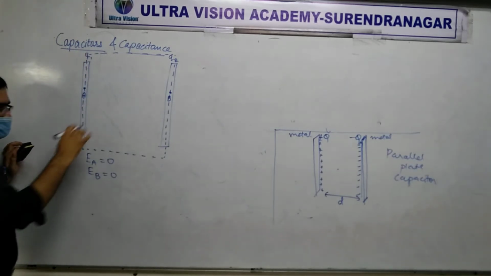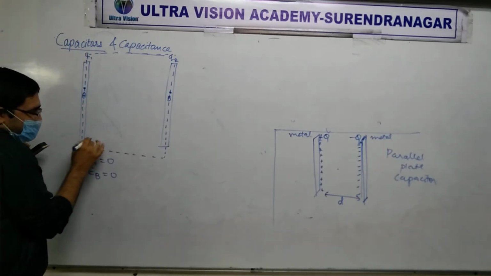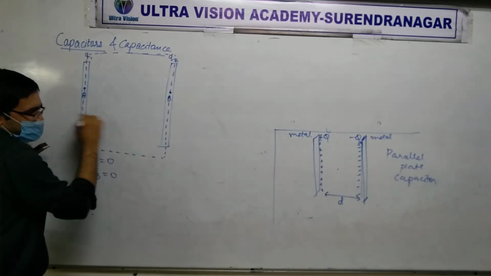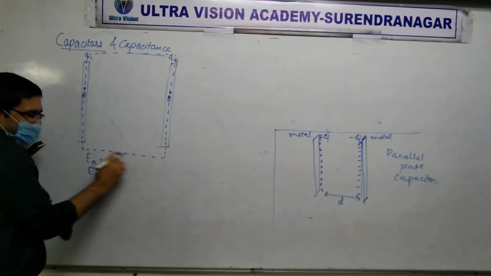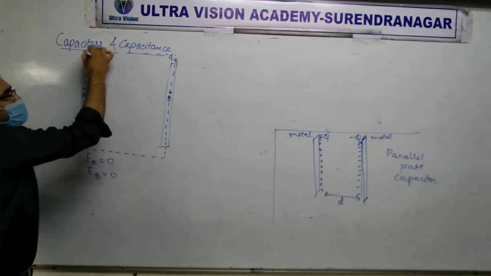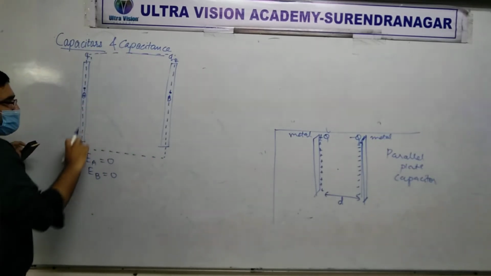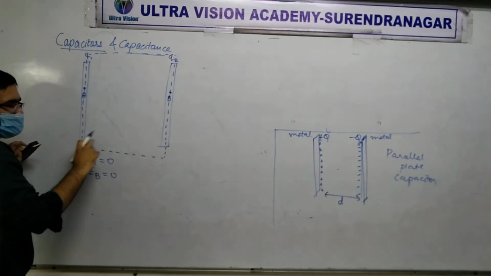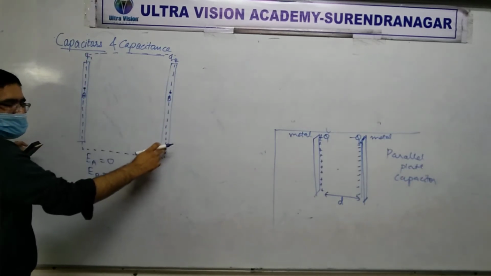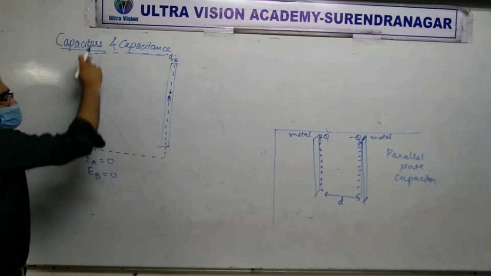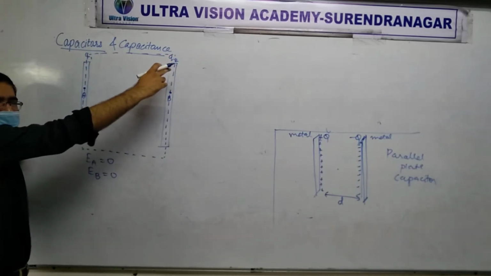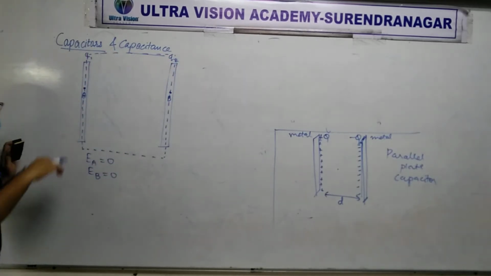So basically whatever electric field will be there, in ideal case it would be just horizontal like this, and over here there will be no electric field. Similarly over here also there will be no electric field. What does that mean? Flux over here is 0, electric field is 0. Flux over here also 0 if I take a Gaussian surface of this pattern.